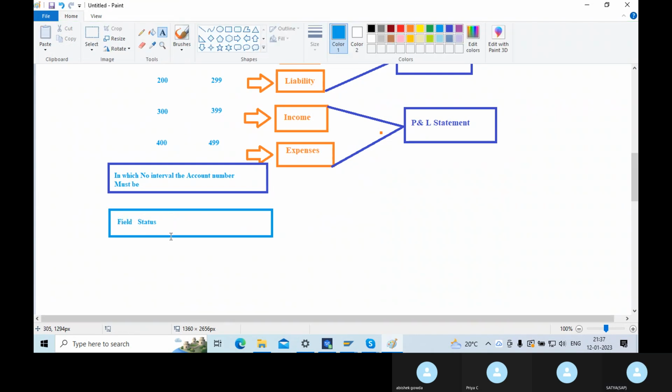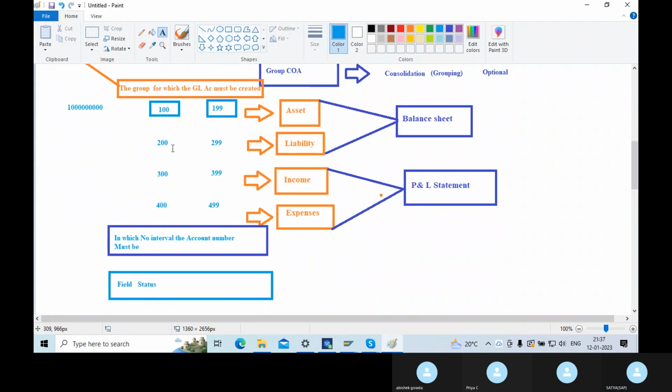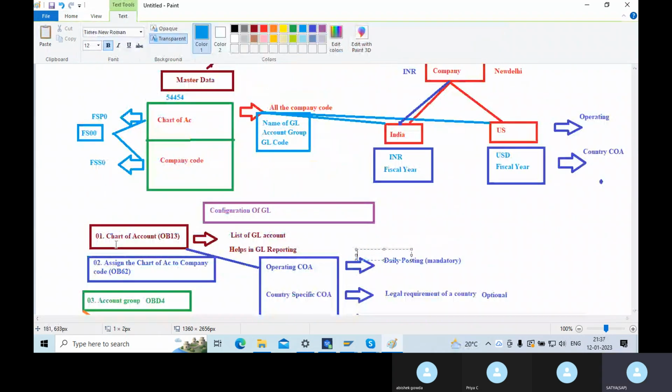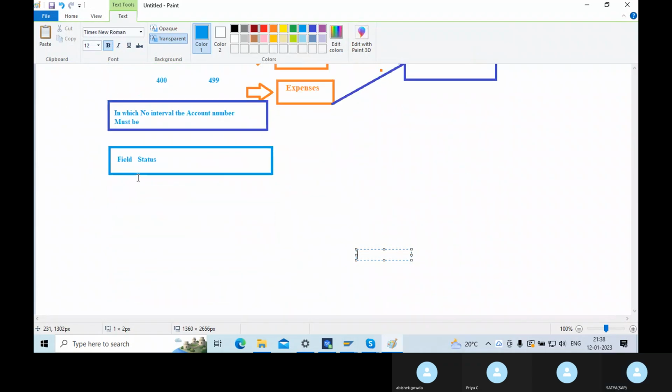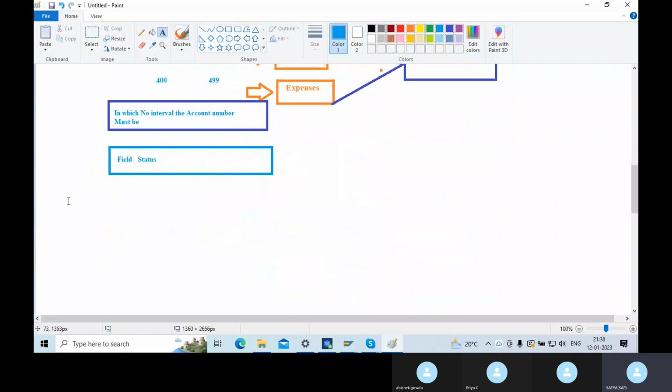Field status. So these three things the account group controls actually. Okay. So now we have a concept of chart of account. Then we need to assign the chart of account to the company code, account group, all these things as a consultant you need to do. Now next one is, this one is third. Fourth one is